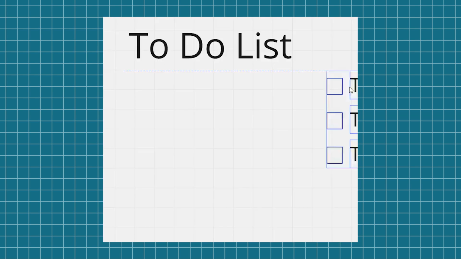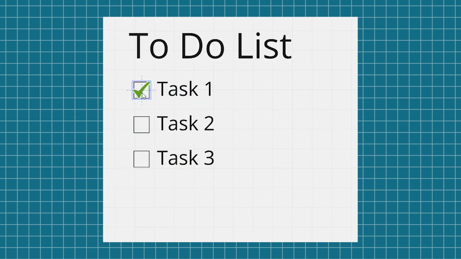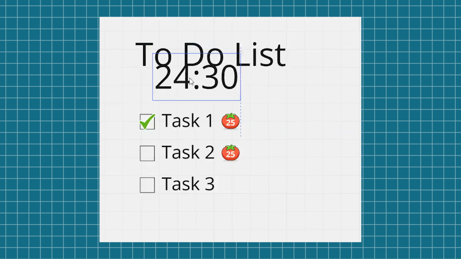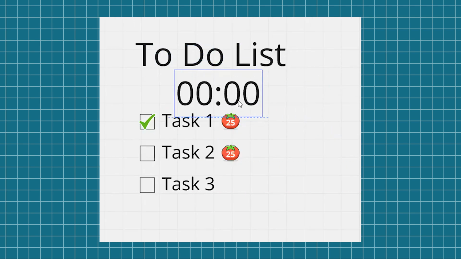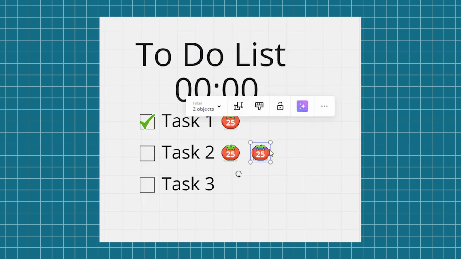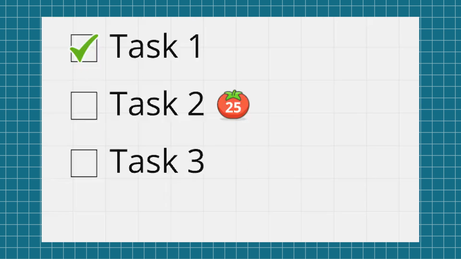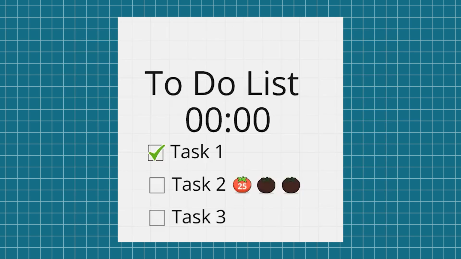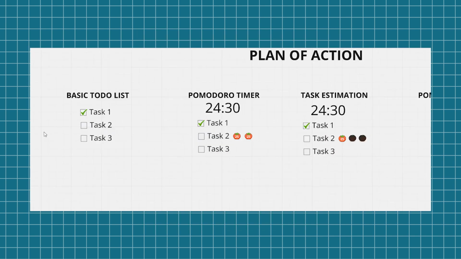First, I'll make it possible to create a basic to-do list. Then add a timer. Once the timer is complete, a Pomodoro is added to the task the user has worked on. Then add estimations for a task of how many Pomodoros it will take. This way, after a Pomodoro is done, even though the task is not complete, there is progress. Finally, I want the program to automatically show the user how many Pomodoros he has left based on previous days of work. Let's start with the basic to-do list.